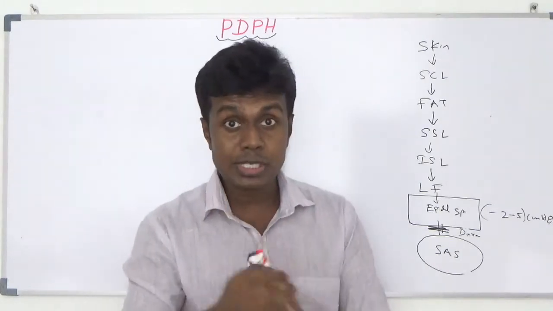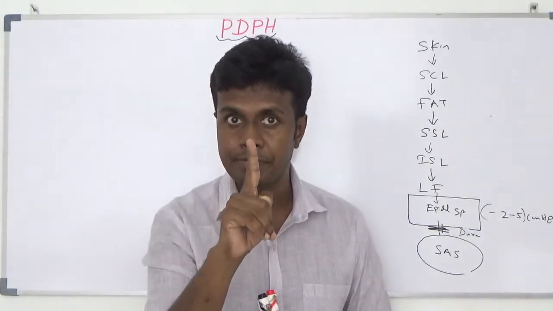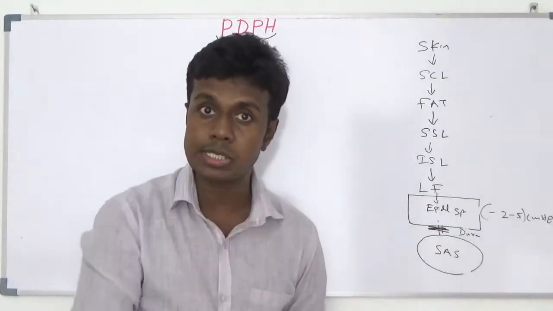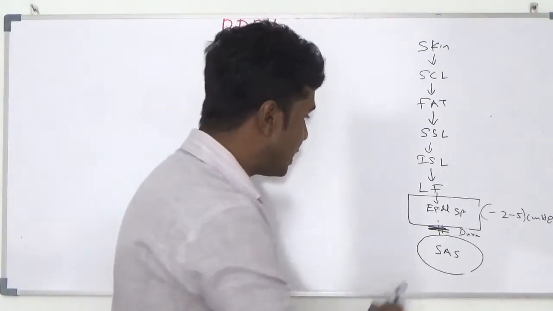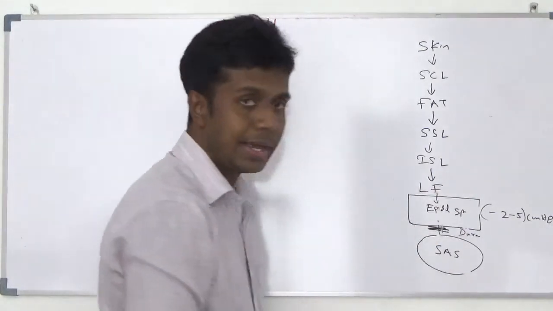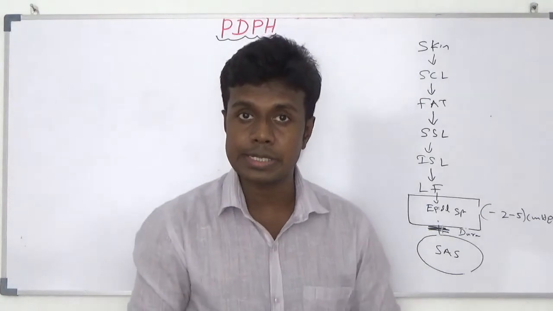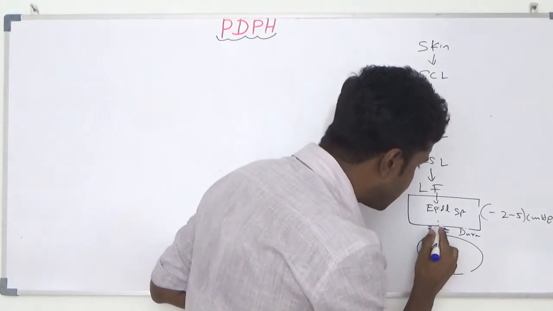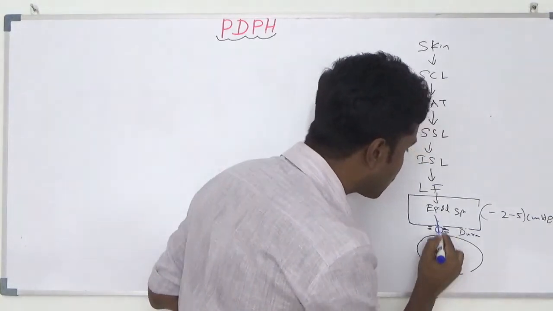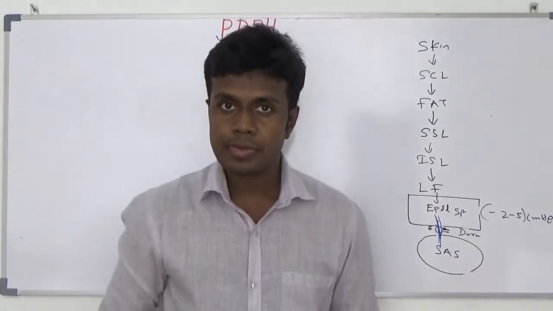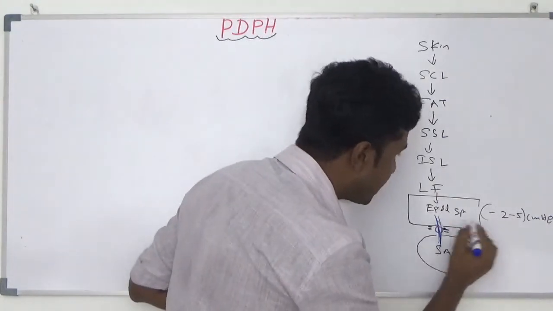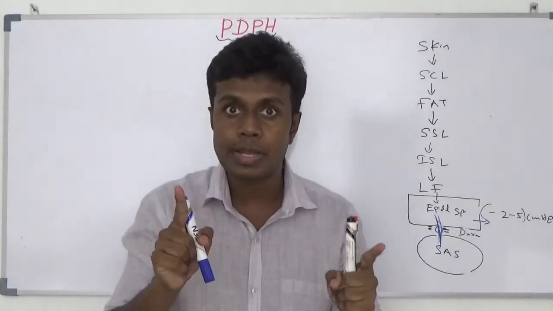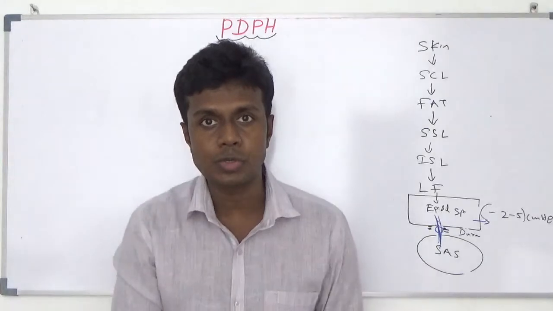So today I am going to discuss post-dural puncture headache. When you are performing an epidural block or epidural catheter insertion, sometimes you can accidentally pierce the dural layer. If you accidentally pierce it, what happens? It creates a small hole here. CSF starts to come from here to here, and negative pressure is also there. Because of that, your CSF volume and CSF pressure are going to be reduced.